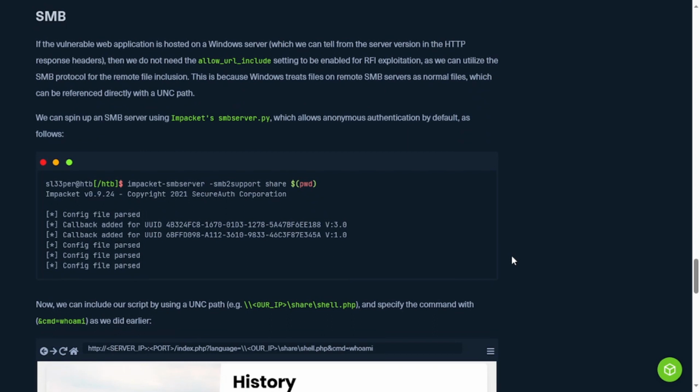SMB. If the vulnerable web application is hosted on a Windows server, which we can tell from the server version and the HTTP response headers, then we do not need the allow_url_include setting to be enabled for RFI exploitation, as we can utilize the SMB protocol for the remote file inclusion. This is because Windows treats files on remote SMB servers as normal files, which can be referenced directly with a UNC path. We can spin up an SMB server using impacket-smbserver, which allows anonymous authentication by default, as follows: